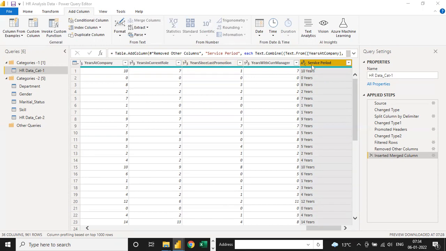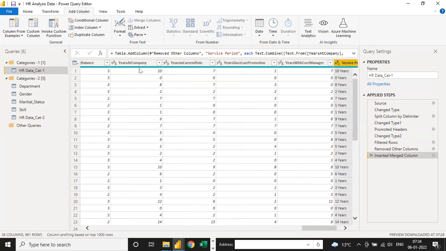According to this example, this is the years at company, so we just write 10, and on the right-hand side press the years, and it will automatically fetch the data as service period analysis.